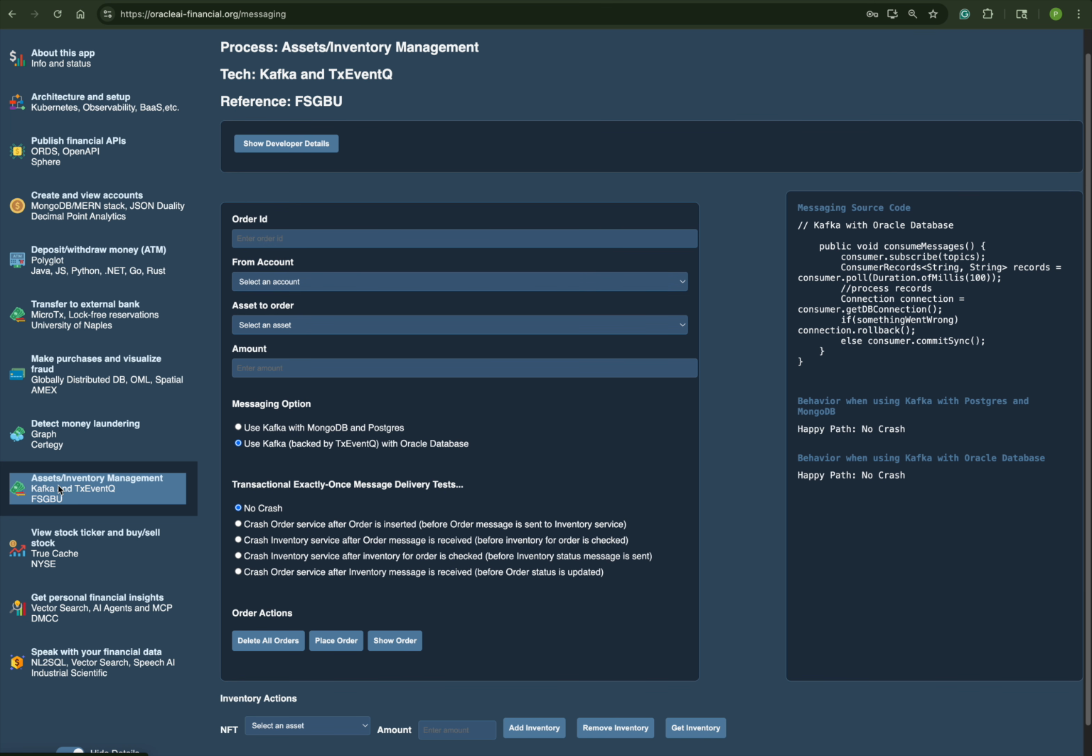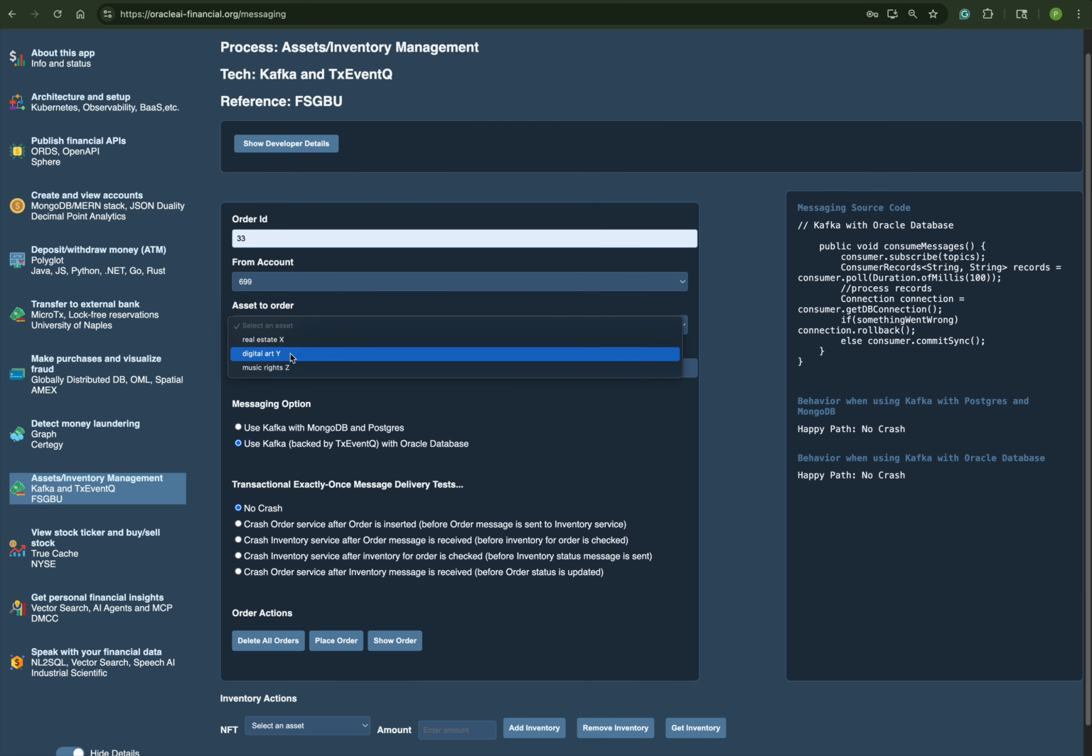The next page involves the asset inventory management. This is using the Kafka API, which is compatible with the Oracle database, or the Oracle database is compatible with Kafka via transactional event queues. A feature that this provides is the fact that messaging and database operations can be conducted in the same local transaction. So in the application, we can compare and contrast that by selecting an asset and an amount and